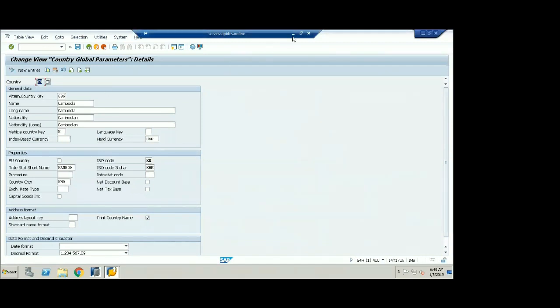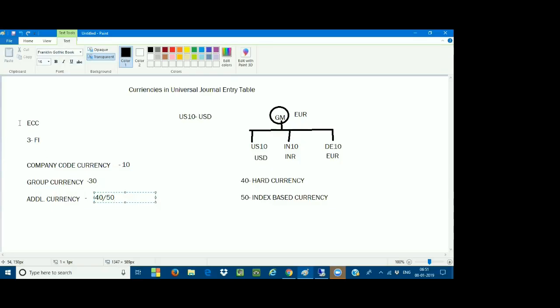Previously, when you go to the SAP ECC system, only three currencies are allowed for a company code assignment. First it can be the company code currency, second one will be the group currency, and third one is going to be called the additional currencies. Now, in SAP S/4HANA, in 1511, when you take the 1511 series,